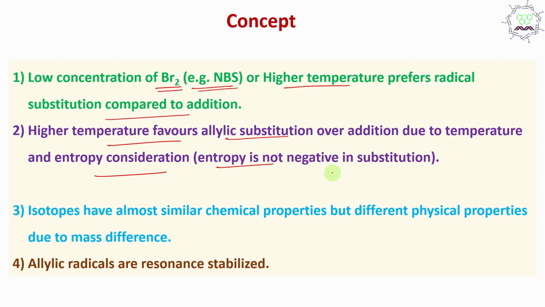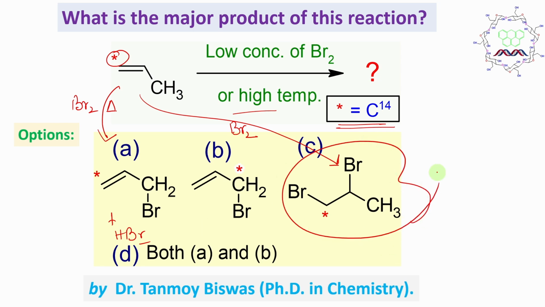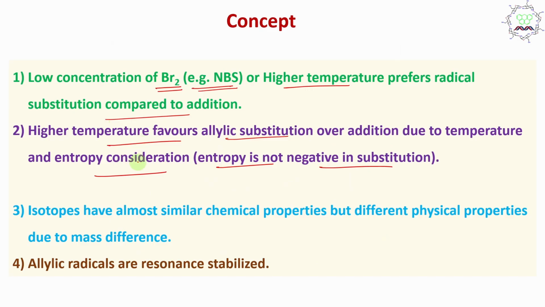entropy consideration. Actually, entropy is not negative in substitution. Let's understand. If you do an addition reaction, you can expect this alkene plus one molecule of bromine, so two molecules, and I am getting one. So the entropy factor is negative, since I am getting one ultimately from two. But if you look at allylic substitution, you may think, sir, this is Br2, this is high temperature, and I am getting this product plus HBr. So entropically, this case is comparatively more positive, and that's why the higher temperature favors this process, I mean